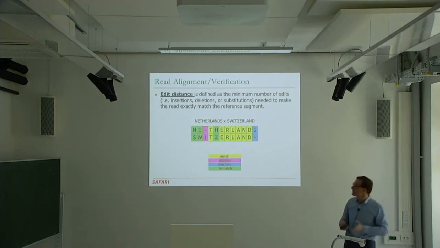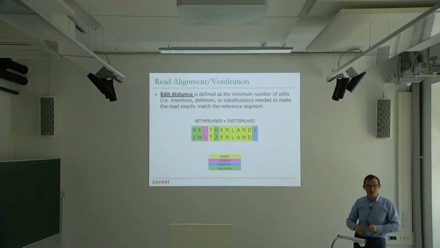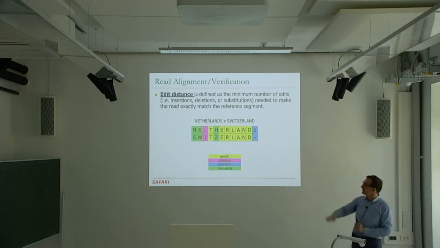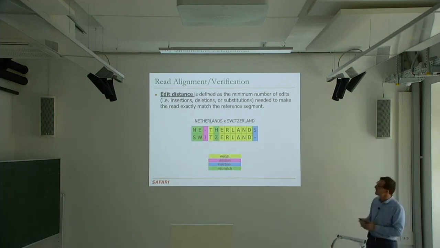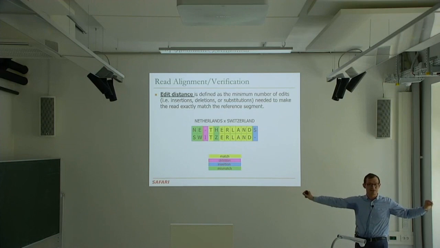So now how do you compute this? You can imagine algorithms, but I'm not going to give you algorithms really. But this is usually computed via dynamic programming. You construct a dynamic programming matrix, Netherlands here, Switzerland here, and you basically go through all of the possibilities, and it's very, very high overhead. And imagine doing this for like 150 base pairs. You take a 150 base pair read, and you try to do it at every possible location in a 3.2 billion base pair reference genome. That's a lot of work.